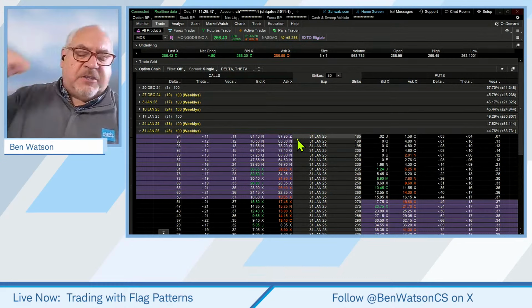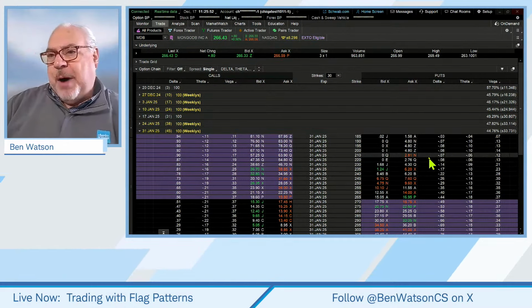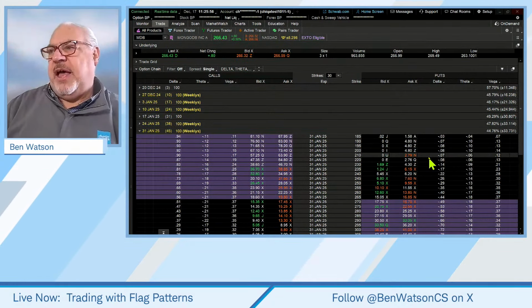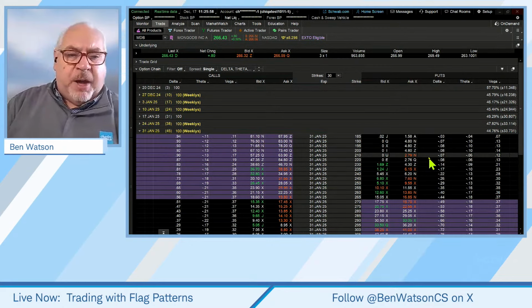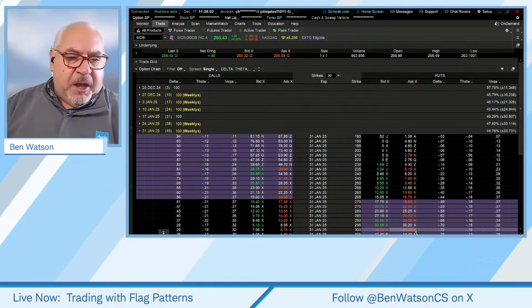But this is something that Connie talks about in her long options class, is thinking about when buying a long option, in this case, buying a long put, buying that long put that has some intrinsic value, meaning buying an option that is a little bit in the money. So in this particular case, I'm going to go,